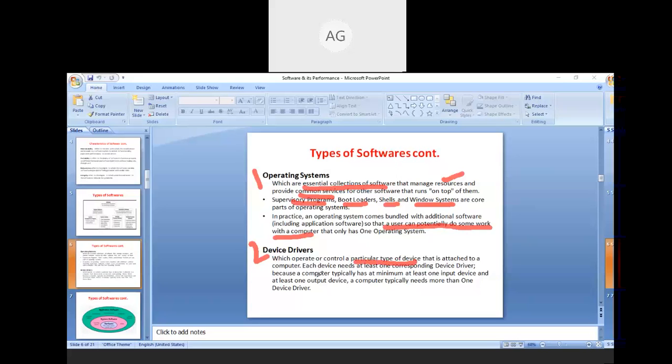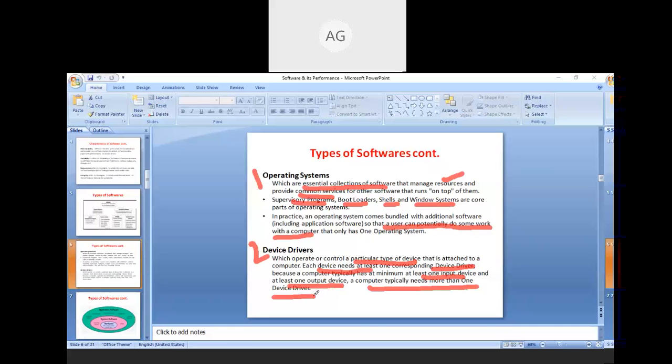Each device needs at least one corresponding device driver, because a computer typically has at minimum one input device and one output device. A computer typically needs more than one device driver, so in order to perform all the tasks in coordination with each other, there can be many device drivers, and these basically perform the input function and the output function.